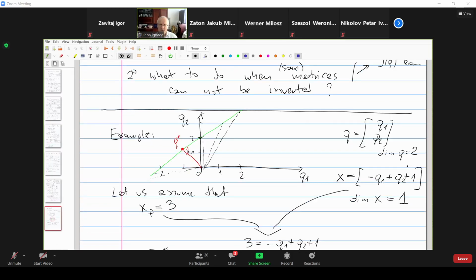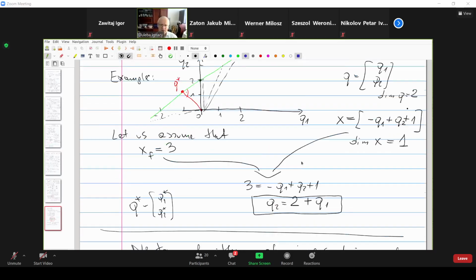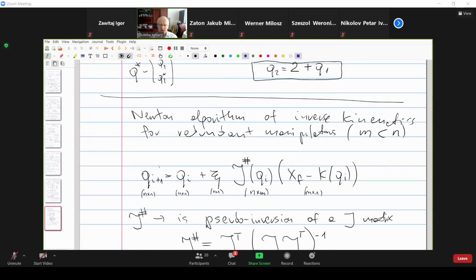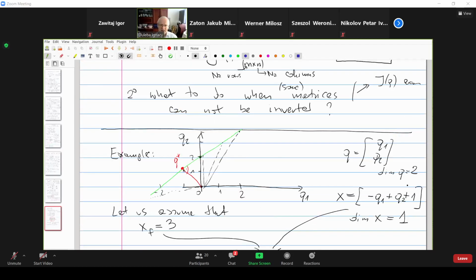Here I've illustrated that for redundant manipulators, we have lots of solutions, and we need to select a single one of them. And we usually use the pseudo-inverse of the Jacobi matrix, which selects the solution which is as close as possible to the origin of